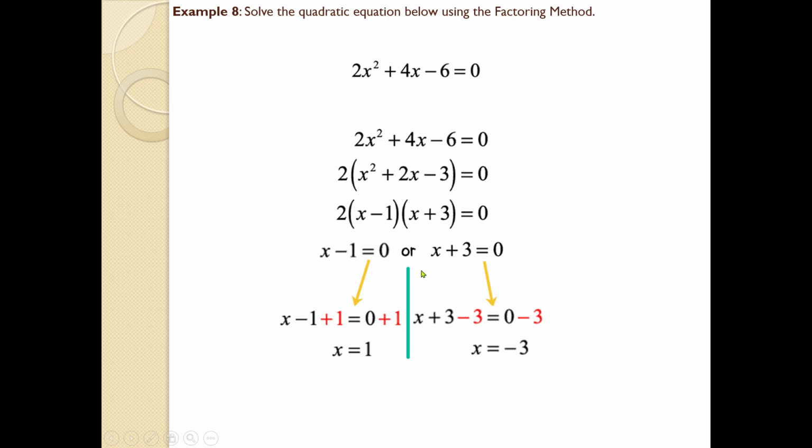And one more thing, in the previous sessions and cases we have done, where a common factor is there, that number is associated with a variable. In this case there is no such thing, so we can't take this 2 in order to find the value of x. So we can only select these two factors. In order to consider a number as a factor, it should be associated with a variable, or it should be shown along with a variable within the brackets. So that is why we are selecting this one and this one.